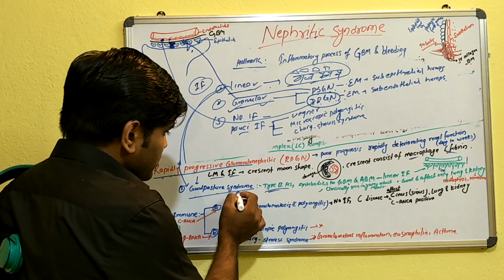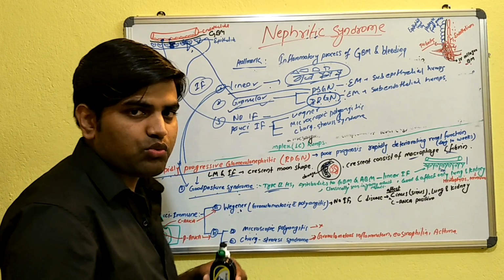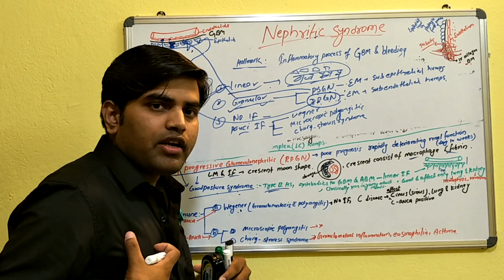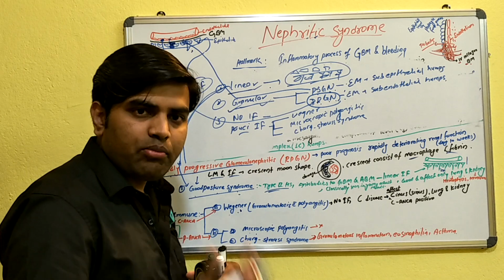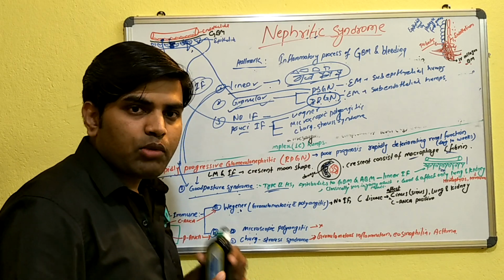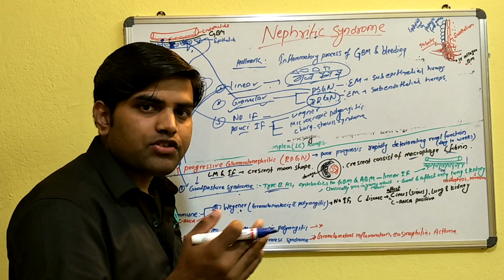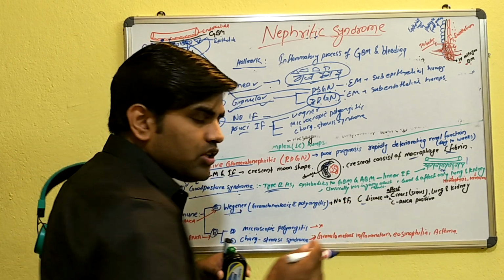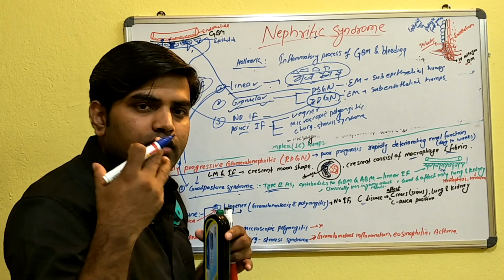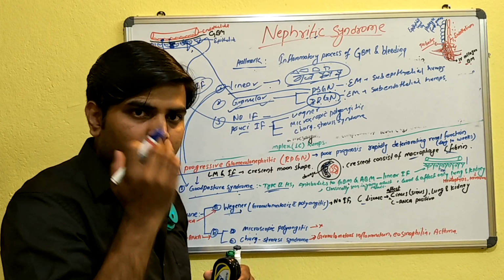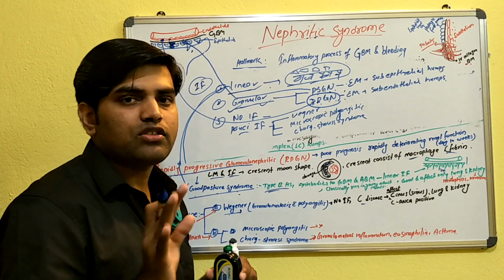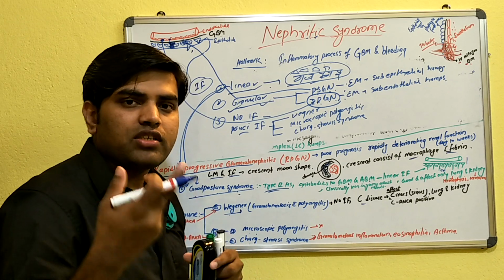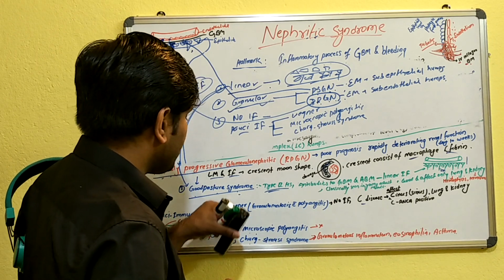The similar disease to Goodpasture syndrome is Wegener's granulomatosis, with which we can get confused, because in Wegener's granulomatosis also there will be damage of the alveolar basement membrane, and there will be hemoptysis and hematuria. But how will you differentiate? In the history, Wegener's granulomatosis is known as the C disease. In the history, they will tell you about a sinus or nasopharyngeal infection. That is what you have to understand. If they are talking about nasopharyngeal infection with hemoptysis and hematuria, then they are talking about Wegener's granulomatosis, not